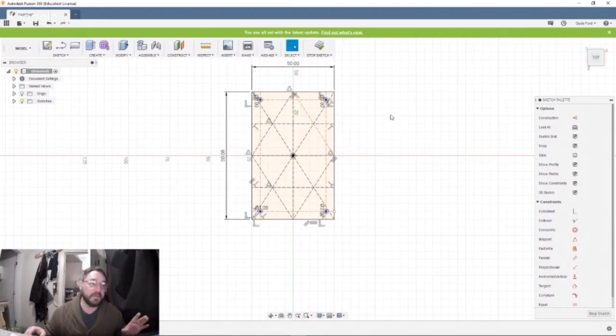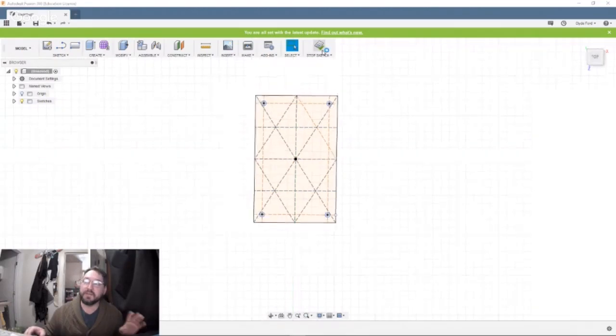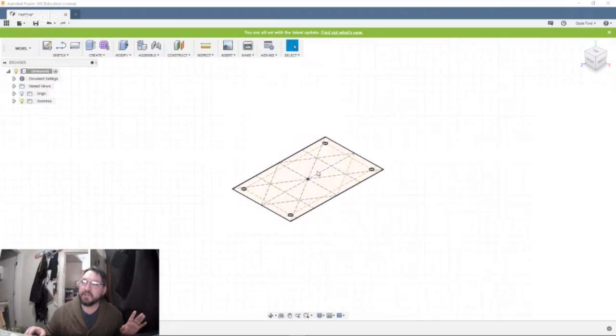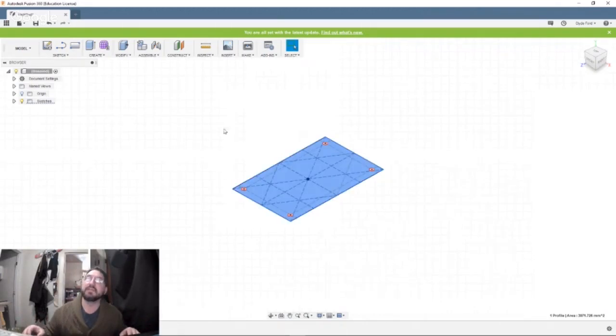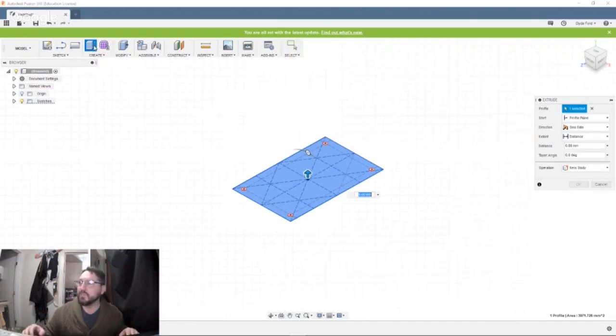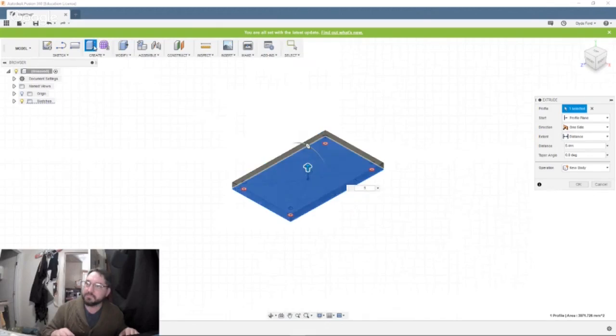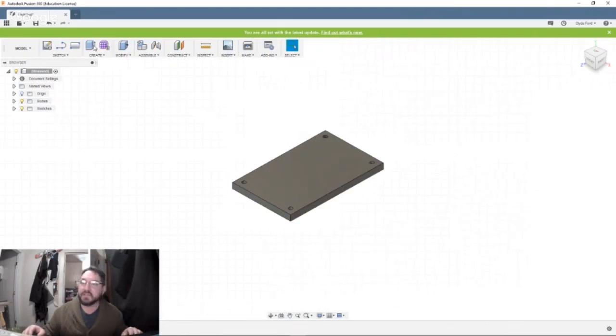So now, the other cool thing about doing reference lines is that now when I select this, it selects the whole surface instead of just the little grid. So I don't have to go through and shift click and multi-select, which makes that a whole lot easier and it goes a lot faster. So we're going to do this at 5 millimeters. And we're going to call that good. So there's basically our plate. This is our starting point.